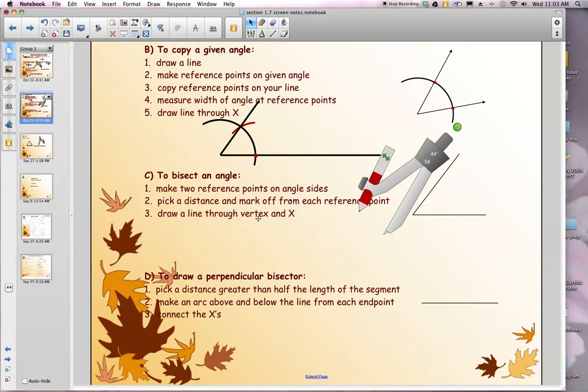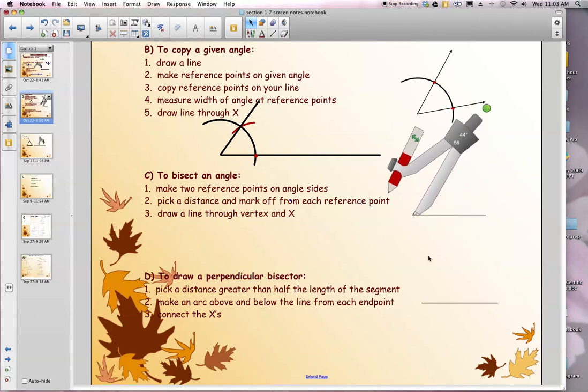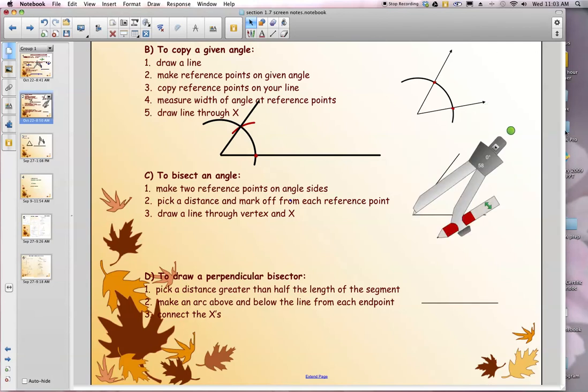Next thing we're going to learn how to do is bisect an angle. So that's if you're given an angle, how do you cut it into 2 equal angles? First thing you're going to do is make that exact same thing as copying an angle. You're going to make those 2 reference points right here. So you're going to take your compass, put your pointy end on the vertex, and then you're going to draw